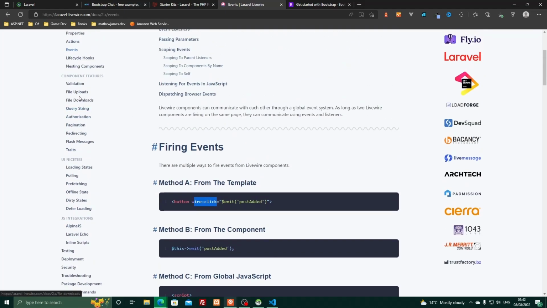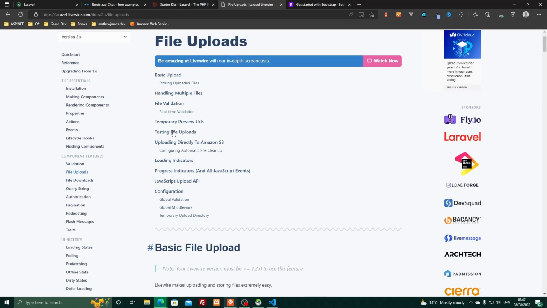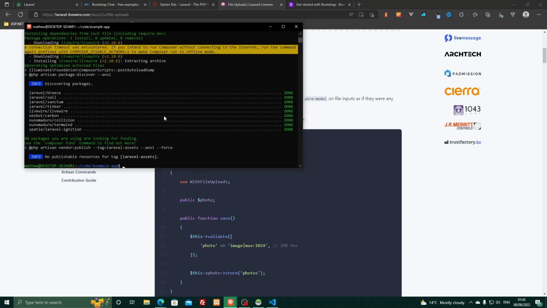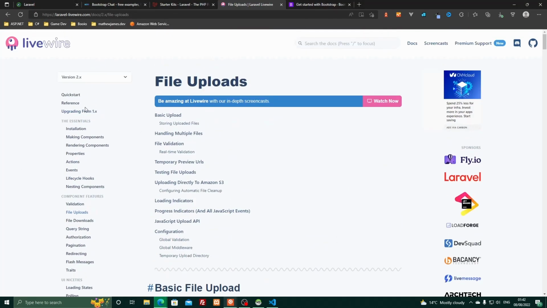And then we've also got file uploads, which again we're going to be touching on when we go into the ability to upload an image or a file to your message, similar to what you can do on Discord, Messenger, WhatsApp, or all those sorts of applications. So that should all be set up. We've got Livewire installed,